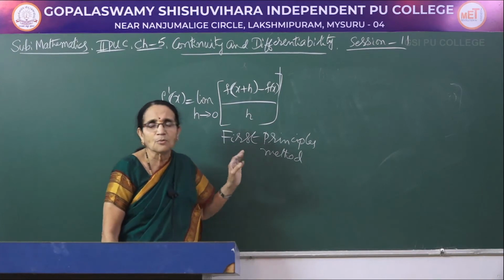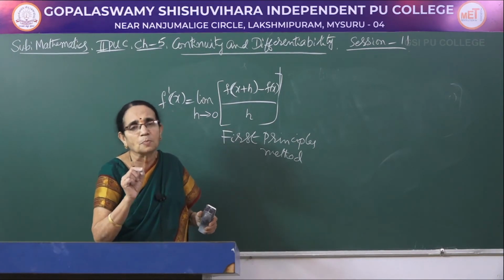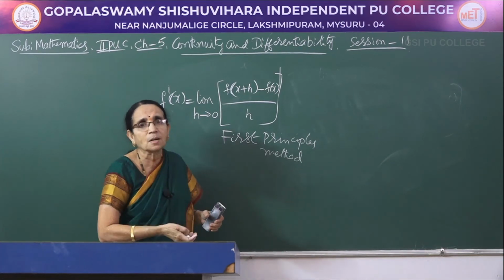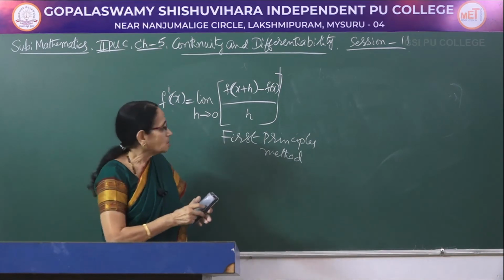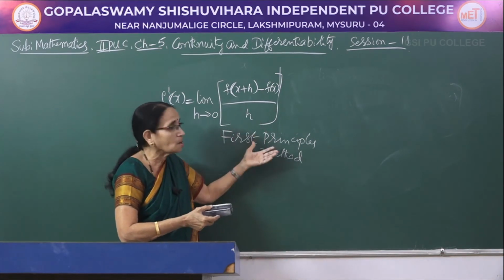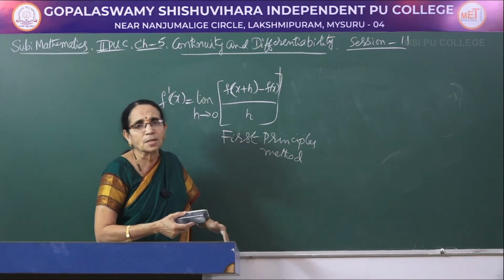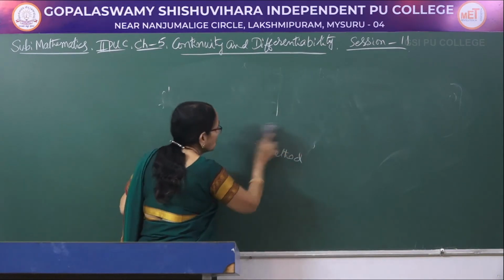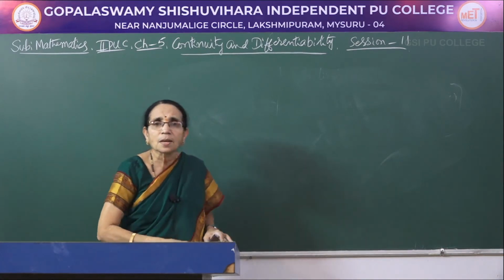So, this method of finding the derivative is called the first principles method. Now, this process of finding the derivative is called differentiation. Okay. So, this method to get the derivative is the first principles method. Doing all this procedure, now we call it differentiation. So, the area where we calculate the derivative is called differential calculus.